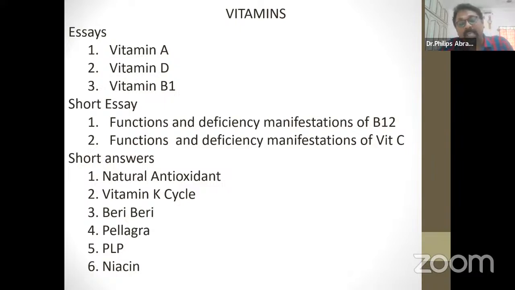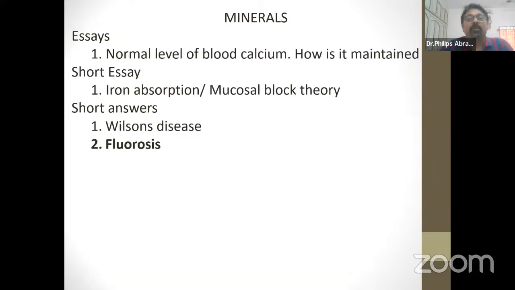So TPP, or thiamine pyrophosphate, is also another short answer question. In this topic, A and D have been asked several times. Once or twice B1 has been asked, and scurvy or vitamin C is another repeated question from the vitamins part. Now from the vitamins, I'm just going to minerals,